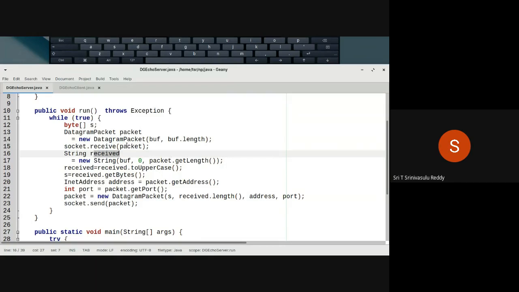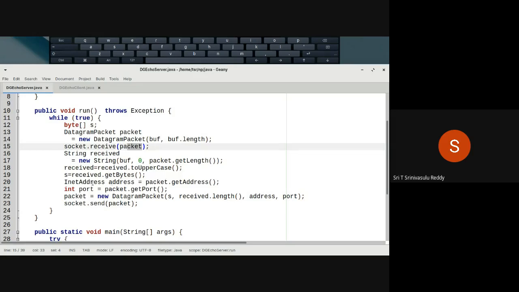Now this packet, at the end of the receiving, will contain the IP address and port number of the client, which we will see anyhow. So now that we need to know. Strictly speaking, you don't require all these things. Straight away here itself we could have done it, which would have been much easier. It doesn't matter, but you are knowing.